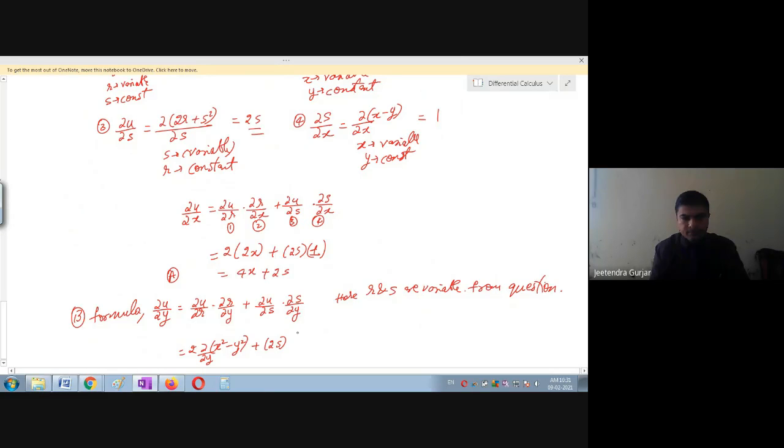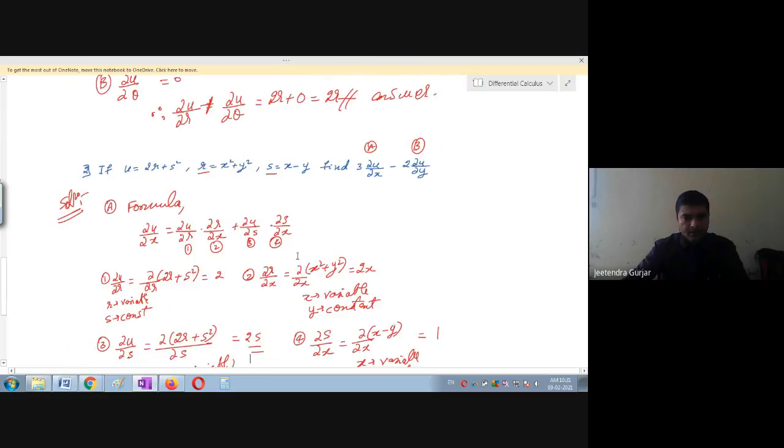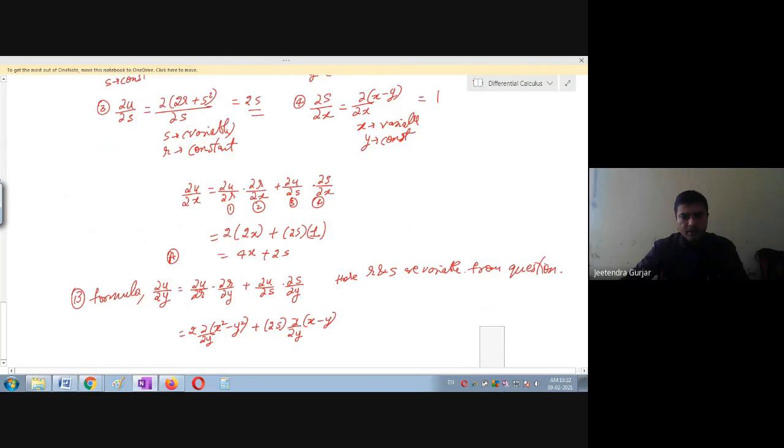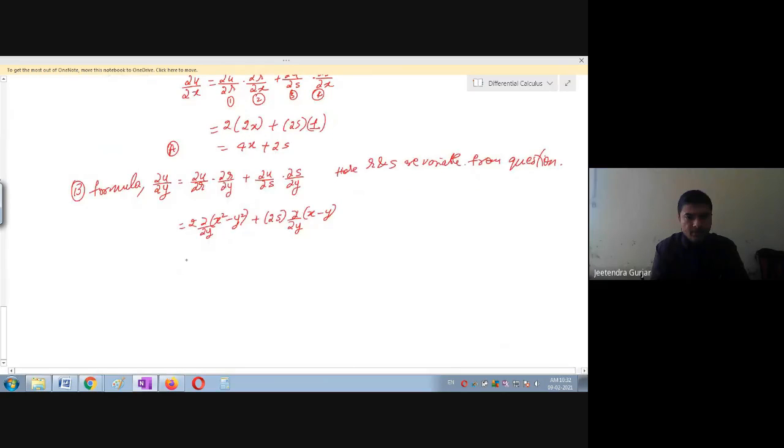And then, what is the s value? x minus y. So we have to calculate dou upon dou y of x minus y, and we are going to simplify. The last step is the simplification. Friends, you can simplify very easily. 2 you keep outside. In the derivative of this, y is the variable. Definitely y is variable means x will become constant, right? Therefore this is minus 2y.